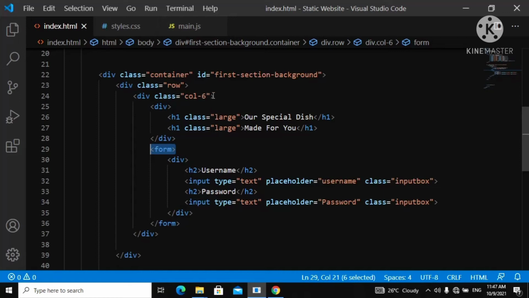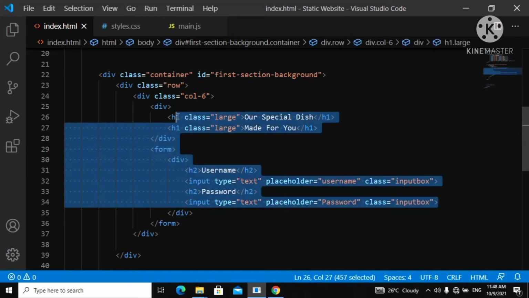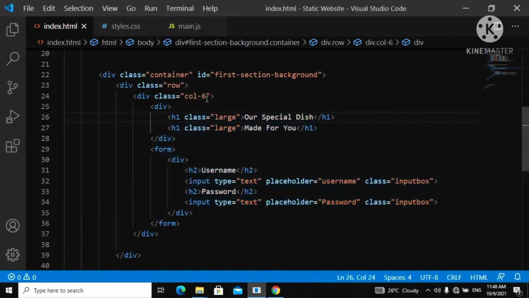So for this first column, I can actually go over to our style.css and say column 6, class of column 6, and then give the styles. But if I do that, I'm going to have all the column 6 inside of my web page get that certain effect, but I don't want that. I only want to style this section alone. So that's why I'm going to give this particular column 6 a class. I'm just going to give it a class of left